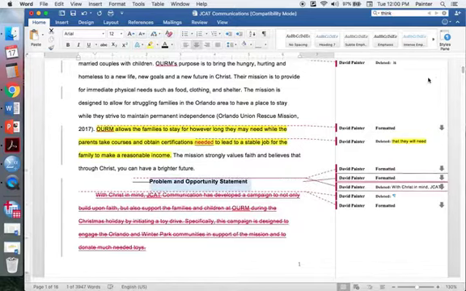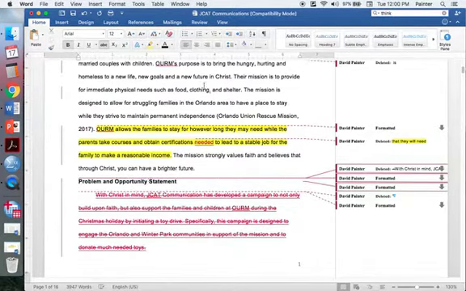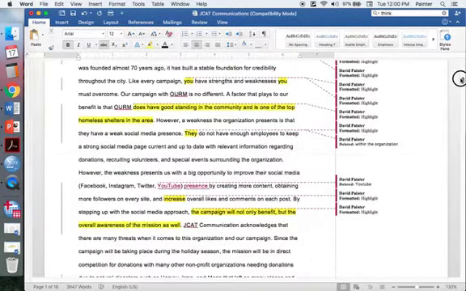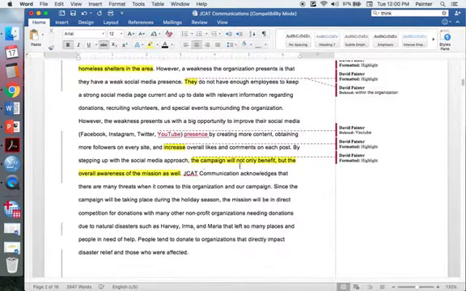So back to the problem and opportunity statement. What is the problem your client is facing in trying to achieve its goal? What is the obstacle? And the campaign will not only benefit, but the overall awareness of the mission as well. So you're talking about the campaign here. So you want to limit that information. There are many threats. Our campaign, why not this campaign, right? Be taking place during the holiday season.